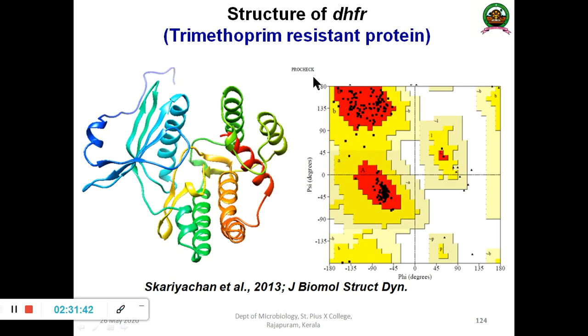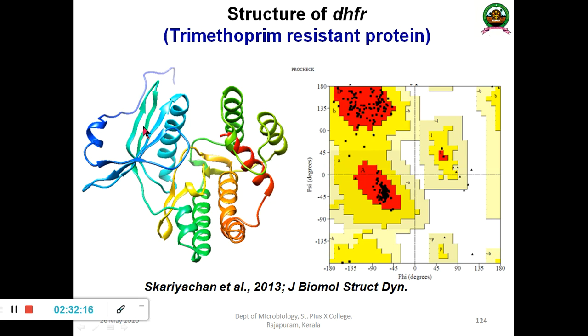And again I have worked on multi-drug resistant organisms. This is the structure of DHFR, dihydrofolate reductase, the multi-drug resistant gene produced by Salmonella typhi, the gene responsible for resistance to one of the conventional drugs for typhoid endemic fever. That drug is known as trimethoprim. For this trimethoprim drug, we isolated the bacteria,